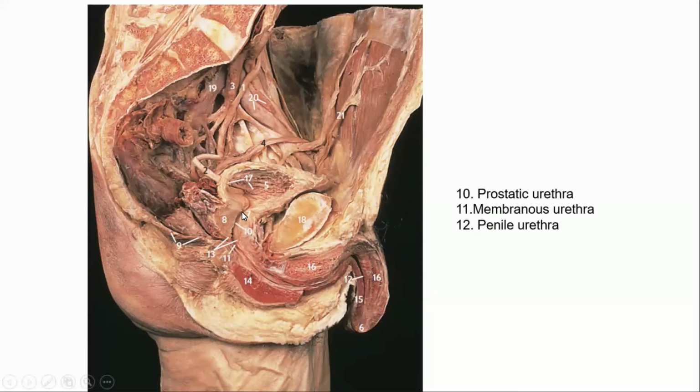This is the prostatic urethra, pre-prostatic urethra, membranous urethra, and this is the penile or spongy urethra. 4 parts. Now, arterial supply,